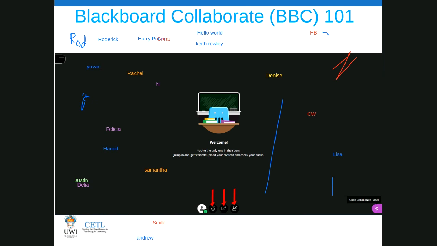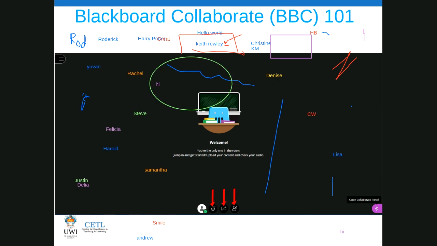But then you can also get them, instead of typing things, to identify certain things. So they can include shapes. Now the shapes will be very limited. Let's say I wanted to include a shape around a particular thing.